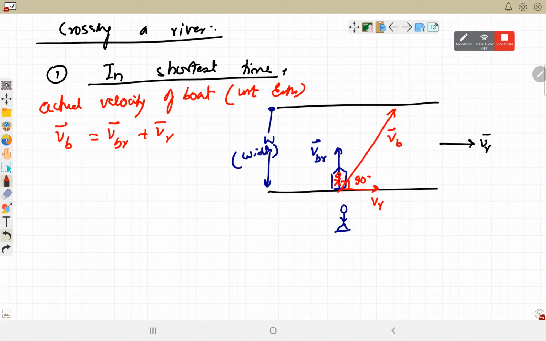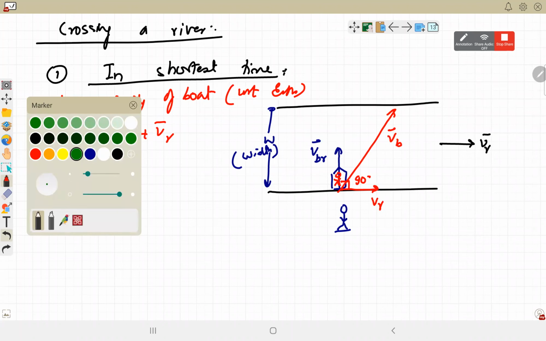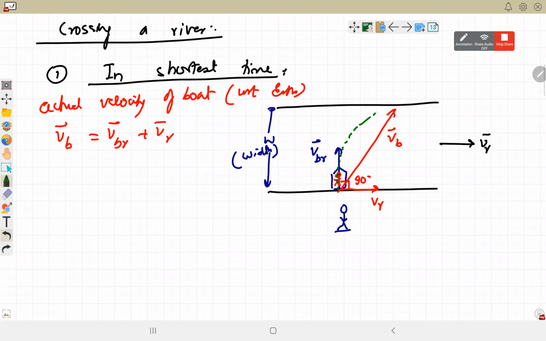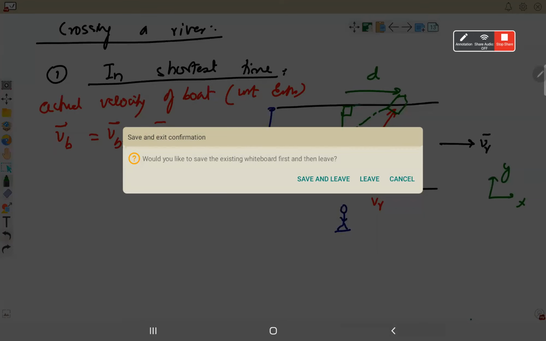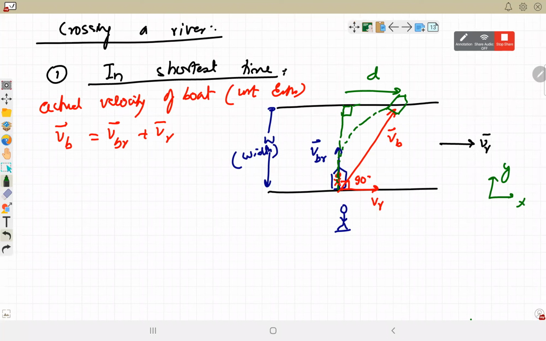So boat seems to start perpendicularly, but boat shift होते होते boat will reach here. Now if we consider the actual displacement, तो y direction में displacement है W का. y direction means river को cross करने की direction, और x direction में displacement आ गया d. तो इसको हम दो अलग अलग डायरेक्शन में डिवाइड कर सकते हैं i j k के हेल्प से, और we can write this in terms of the vector method only.